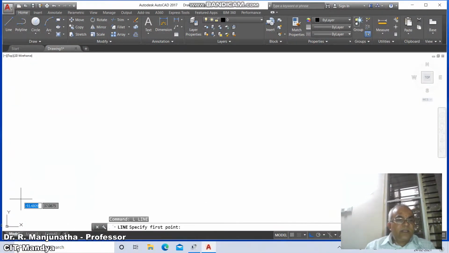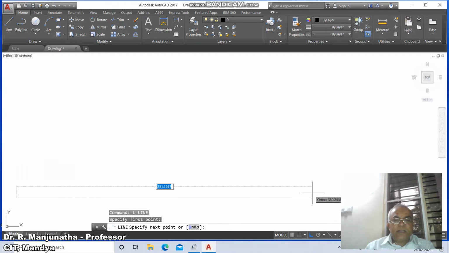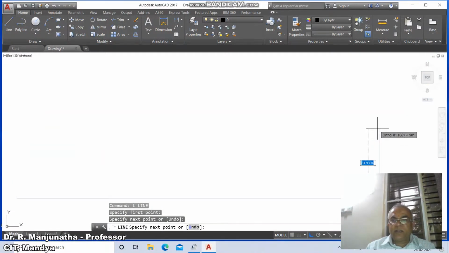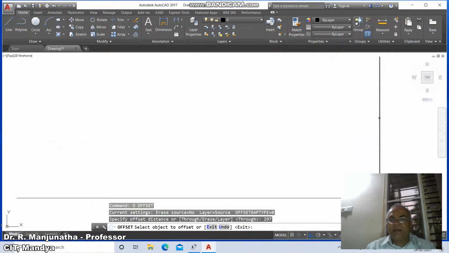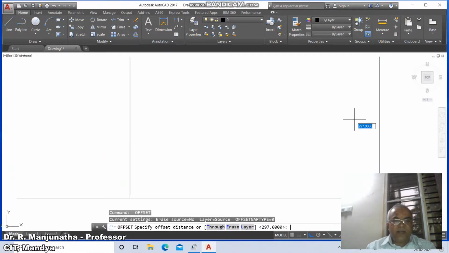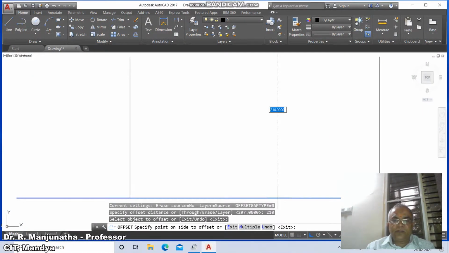Then go to line, select some point and take the cursor to the right side and click the first button of the mouse, and again move the cursor to the top side and click. Go to offset, take the distance as 297, select this vertical line and offset to the left side. Then offset, specify offset distance 210, click on the horizontal line and offset